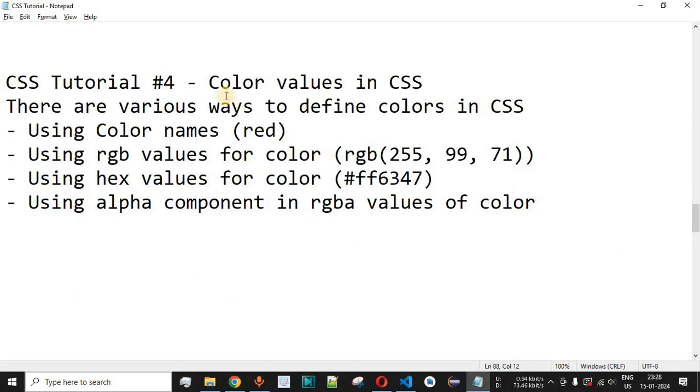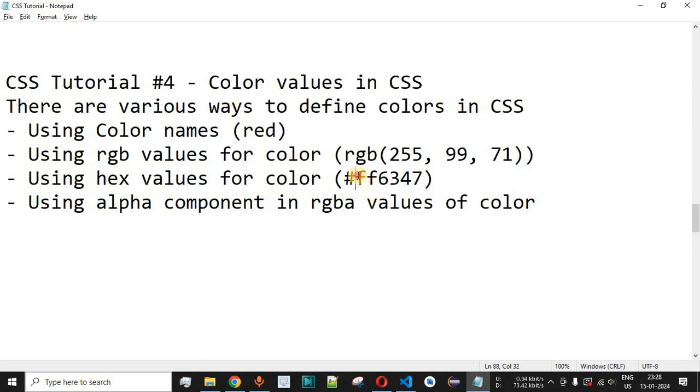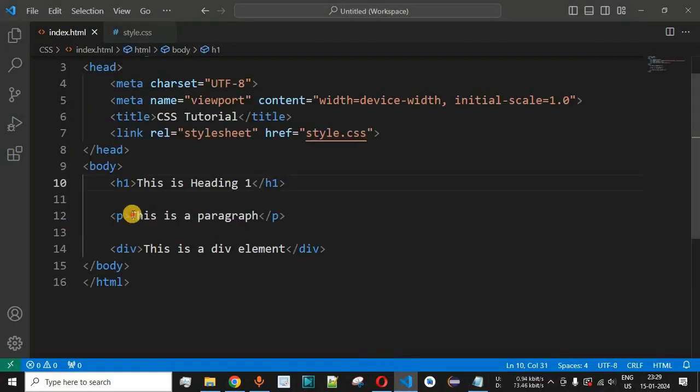Now guys, let us move to another way of using the color values. So we have another way as the hex values in this case, for which we use the hash character followed by the red component, which is represented by the first two characters. Then we have the green component, the third and fourth characters, and then the fifth and sixth characters as the blue component over here. So just like RGB, in which case we have numbers from 0 up to 255, in the hex color we have 00 up to FF. So 00 will be representing the black color, and FF, that is the maximum number, will be representing the white color over here.